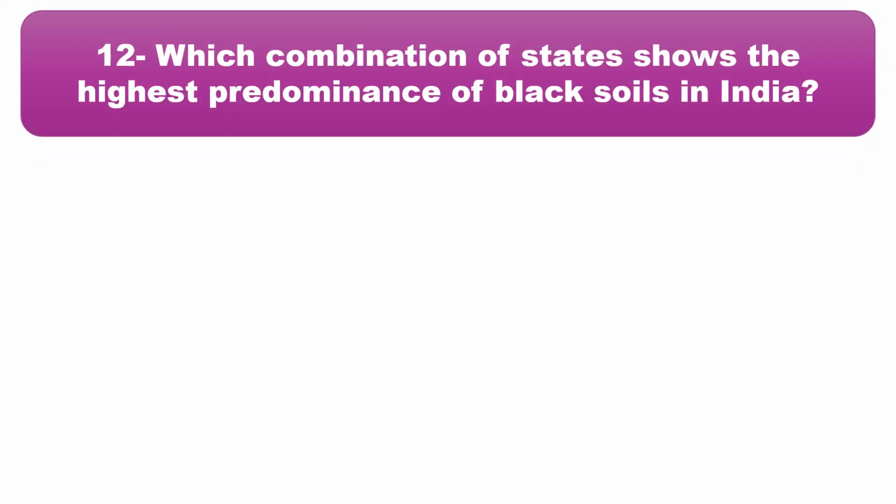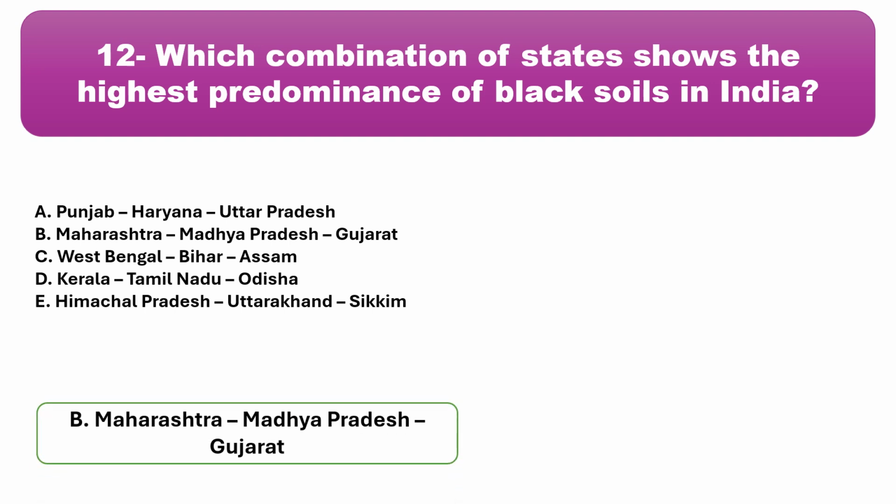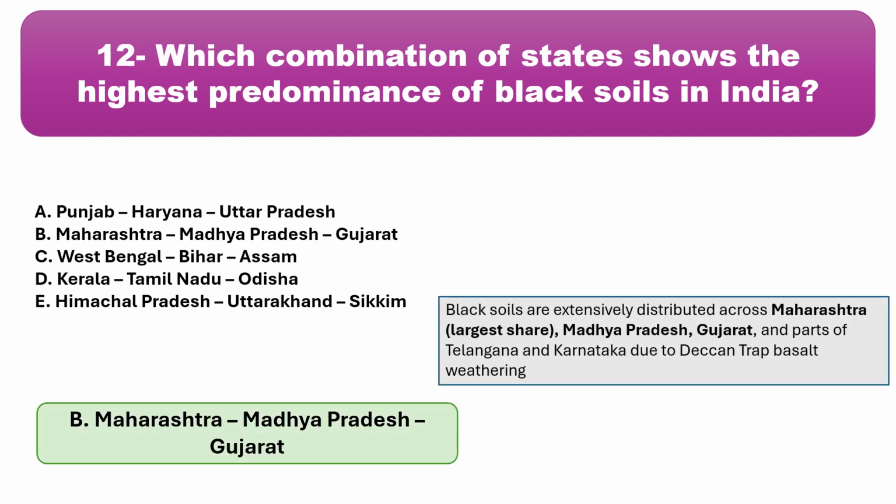Next question. Which combination of states shows the highest predominance of black soils in India? So here there are different combinations of states, and we have to identify the highest predominance of black soils in India. The correct answer here is Maharashtra, Madhya Pradesh, and Gujarat. See, the black soils are extensively distributed across regions such as Maharashtra, with the largest share of black soils, along with Madhya Pradesh and Gujarat and parts of Telangana and Karnataka, due to the Deccan Trap basalt